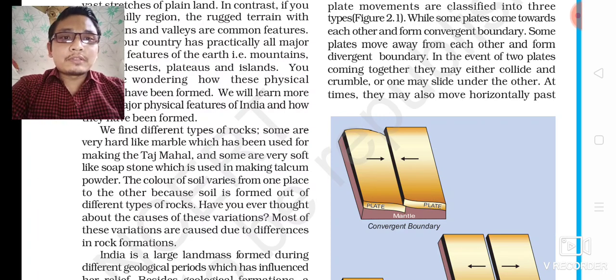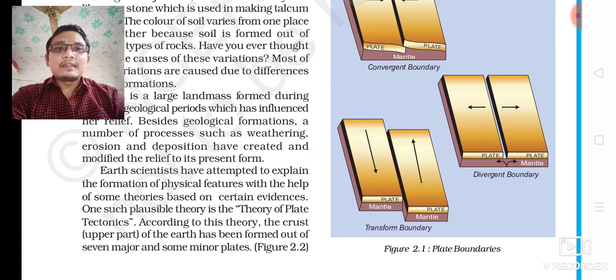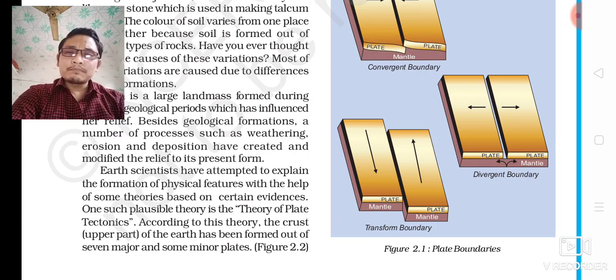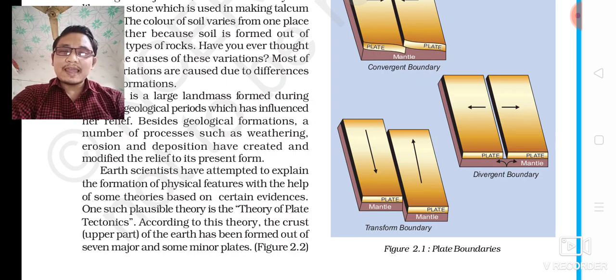Okay. Now the third paragraph, India has a large landmass. That means in the first paragraph you studied that India has various physical features, or varied landforms. Second paragraph you studied that India has different types of soil. Now in the third paragraph I am going to tell you why India has various landform or different physical